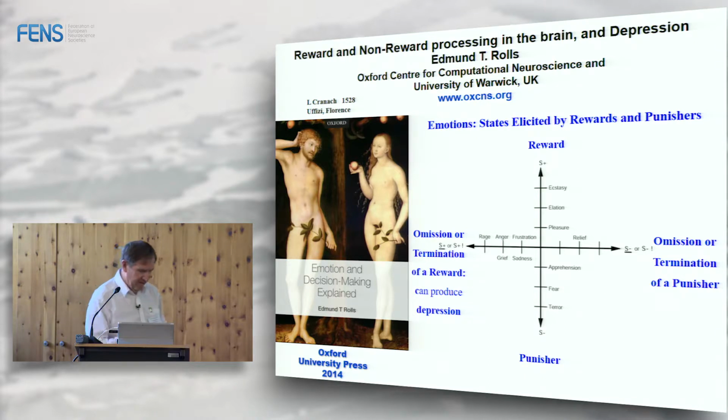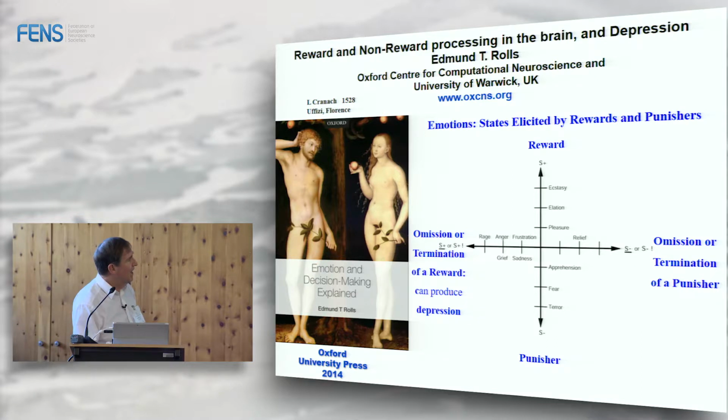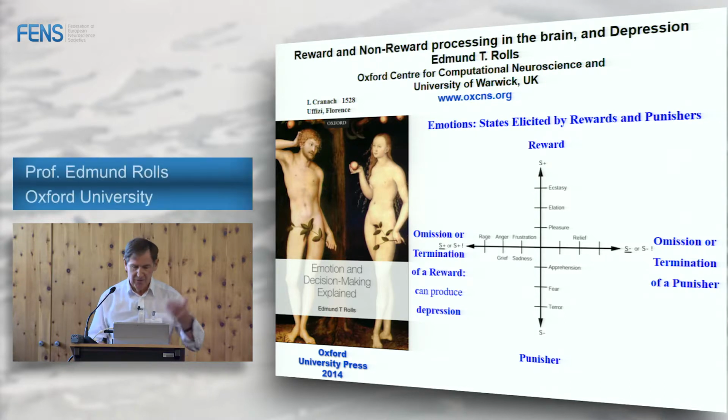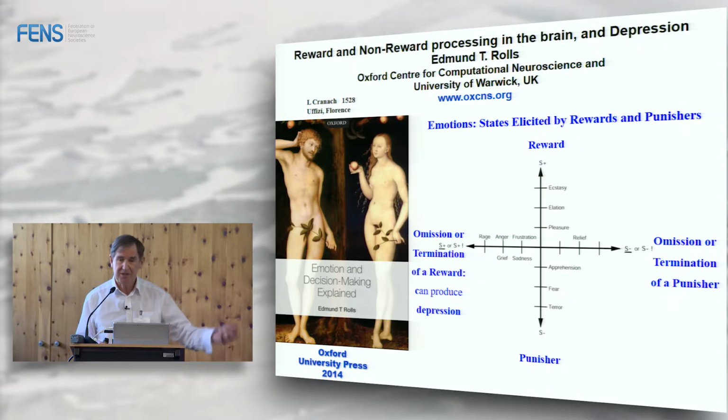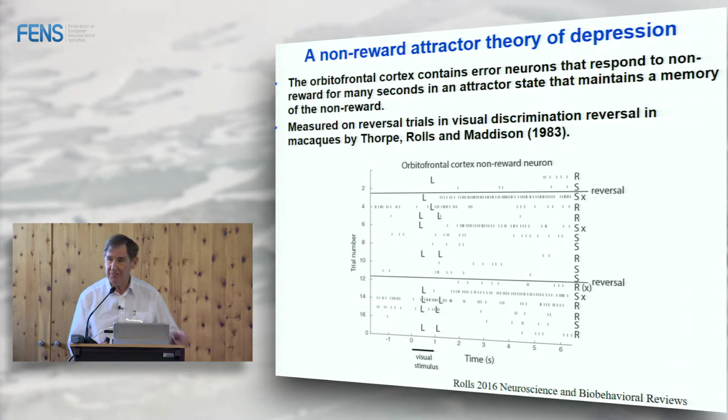One thing we know is that very important in emotion are rewards and punishers, and particularly non-rewards. If I don't get an expected reward, I can be angry or sad, and sad leads to depression. The bit of the brain that we believe implements this type of memory, object to reward or punishment, is the orbitofrontal cortex, and the evidence for that is a